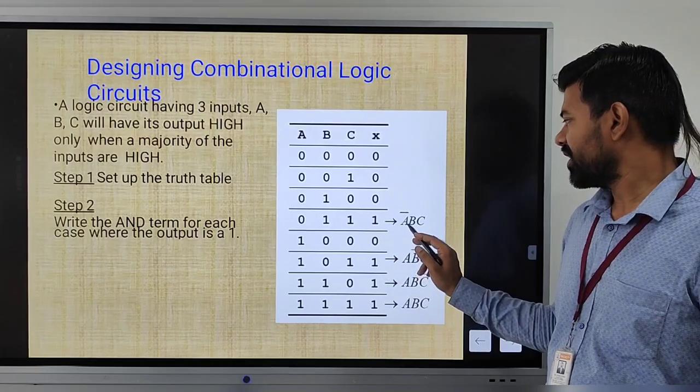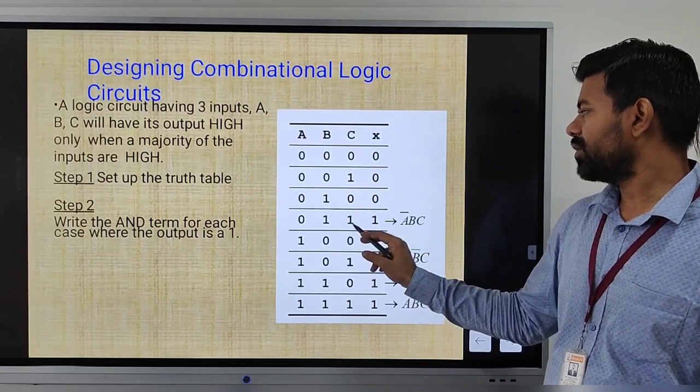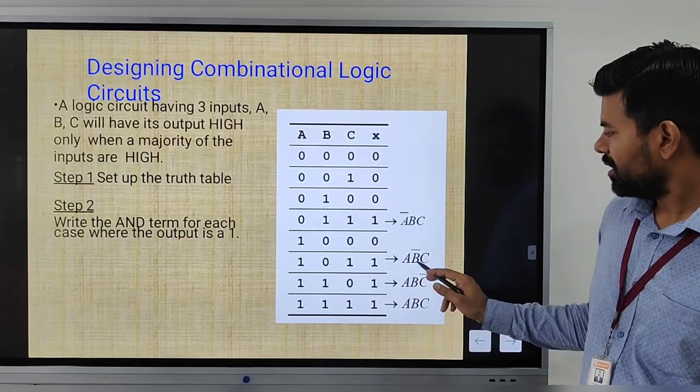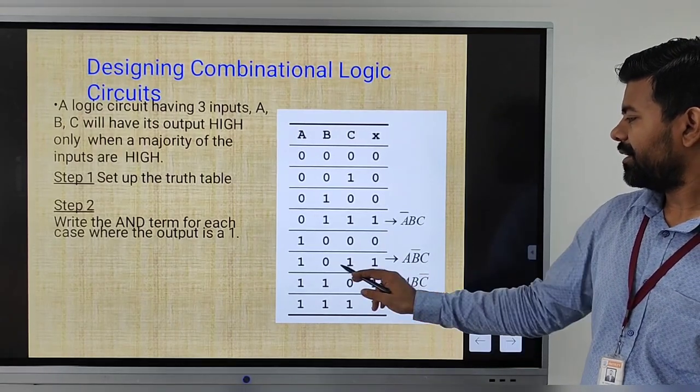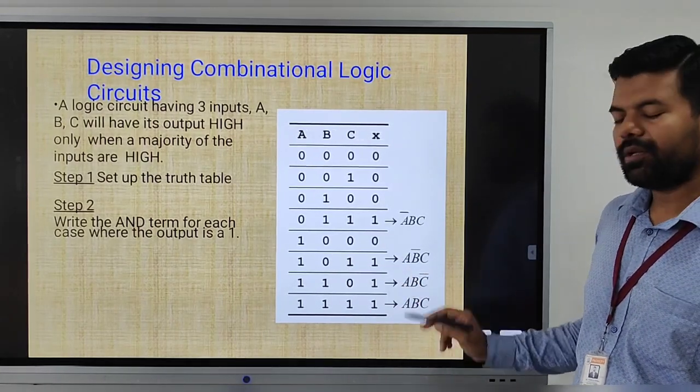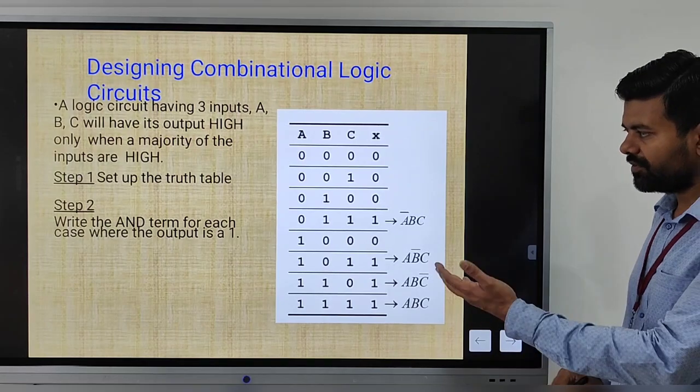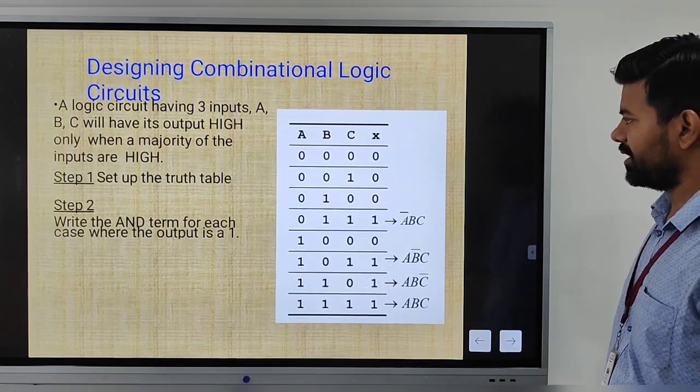See, in this one, A bar, B is 1, so B only, C is 1, so C only. In the remaining one also, A is simply A, B is 0 so B bar. Okay, we will see in the next slide.